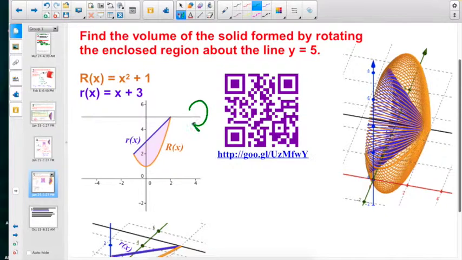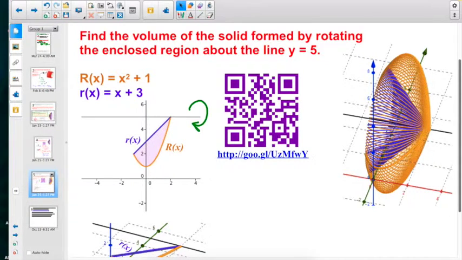I'm going to spin it this way instead of this way. I'm going to spin it up here. So is there going to be a hole going through this one? No. Because, why not? Yeah, we've got this touching the x-axis here. Okay, so we don't physically have a hole, but when I rotate this, if I go back to the